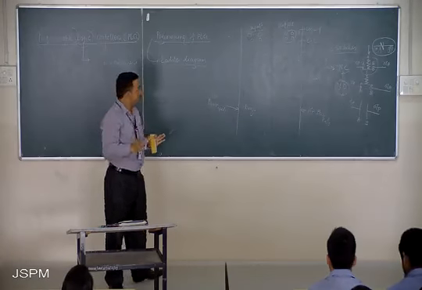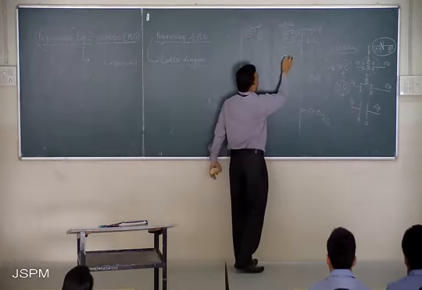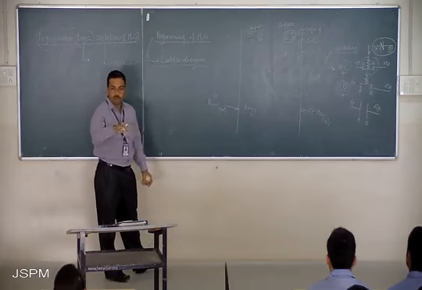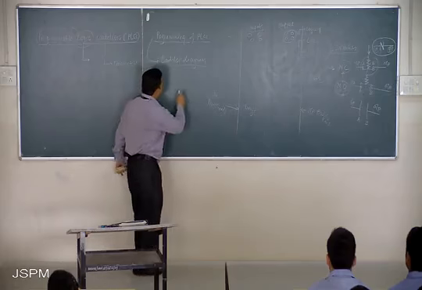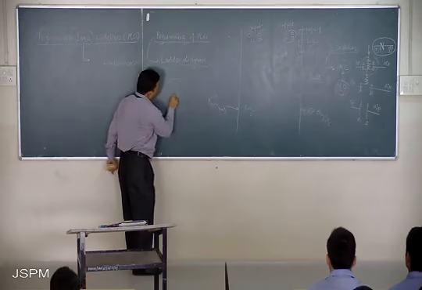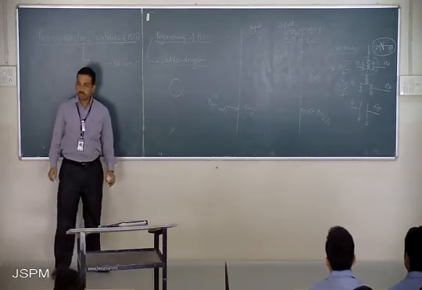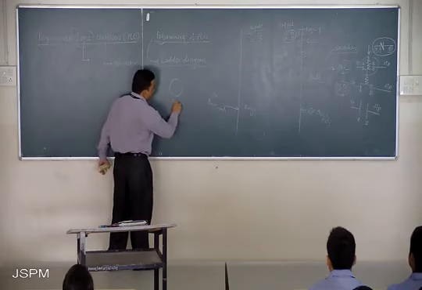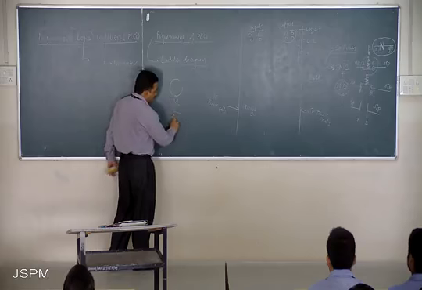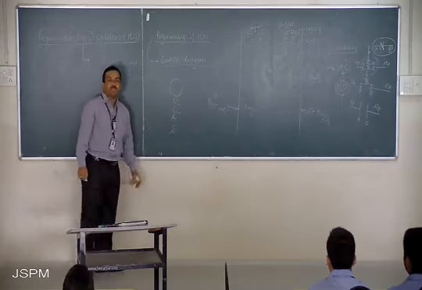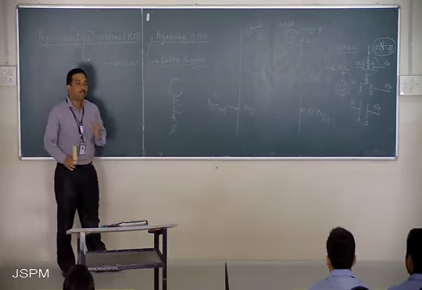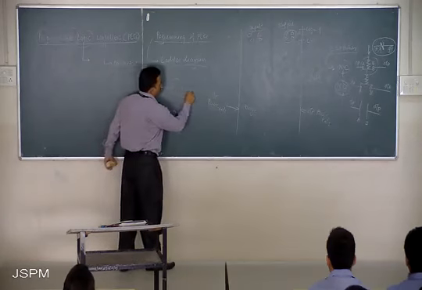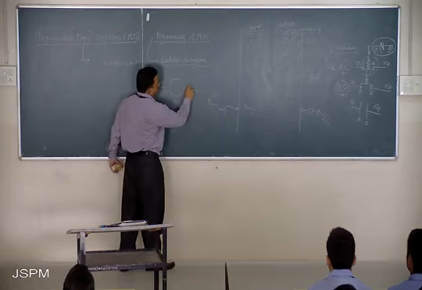Correct? Now, what about the output side? All the outputs in a ladder diagram are represented by a circle. Either it is a motor, a lamp, an alarm, or a solenoid, whatever you want to represent, all are represented in the form of a circle. So this is the input and this is the output.